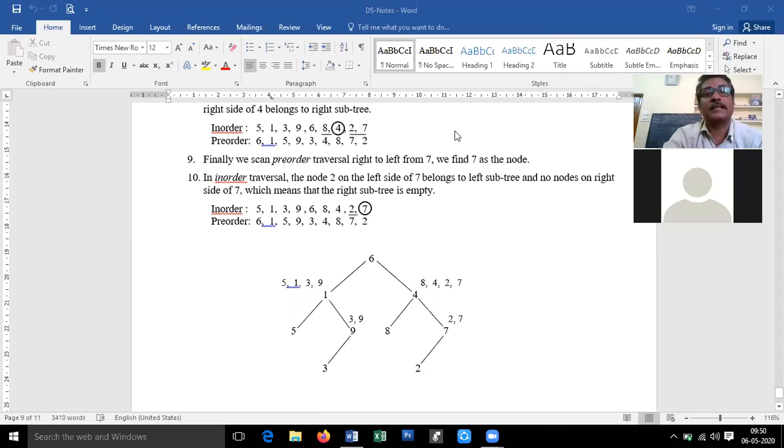Okay, this is the way in which one can construct a binary tree if any two traversal mechanisms are given. One thing you remember, they will give either pre-order or post-order, but they will always give in-order. In-order is the most important, because by using in-order only we can find which is the root and which nodes appear on the left side and right side of that particular subtree.